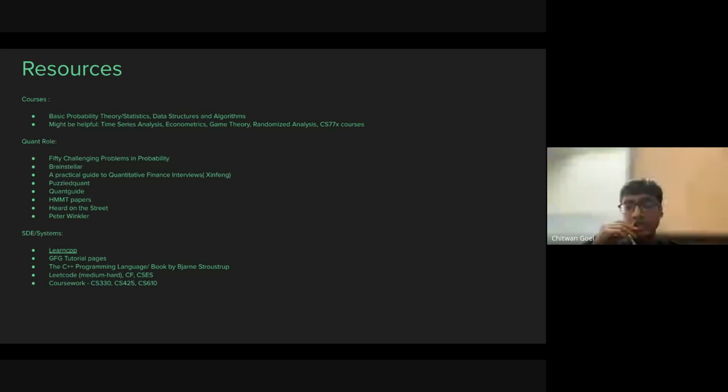For the systems side, as it is written, learn C++ from LearnCpp and GFG pages, and the book is also written. First, try to complete the basics by going over the LearnCpp and GFG tutorial pages. You can follow any one of them. I would say LearnCpp is a bit more organized, so if you want to go from start to end, LearnCpp should be good. And after that, you should follow